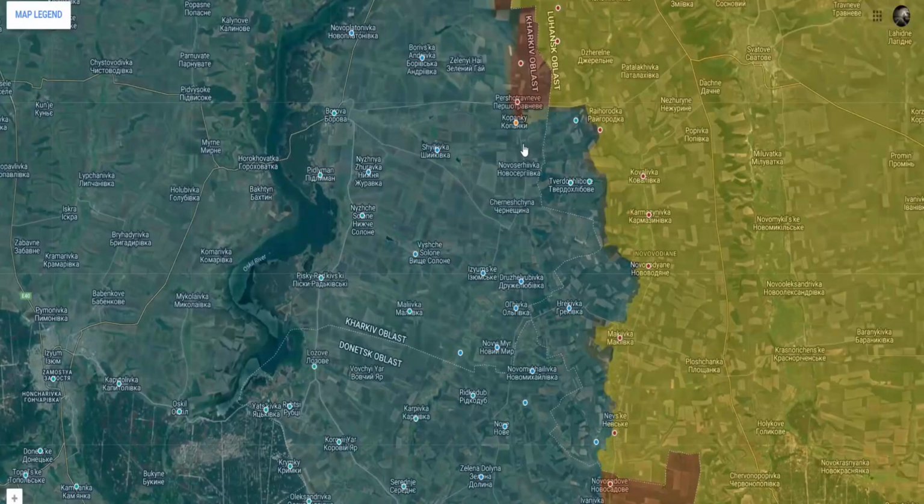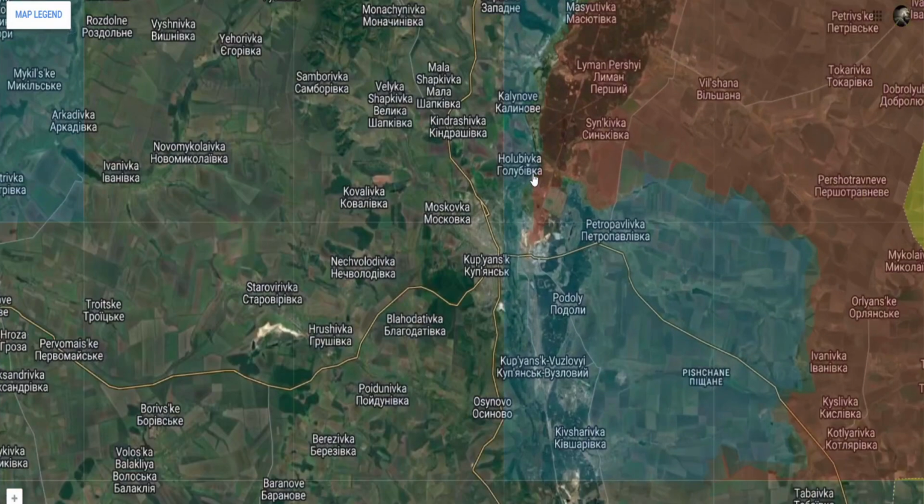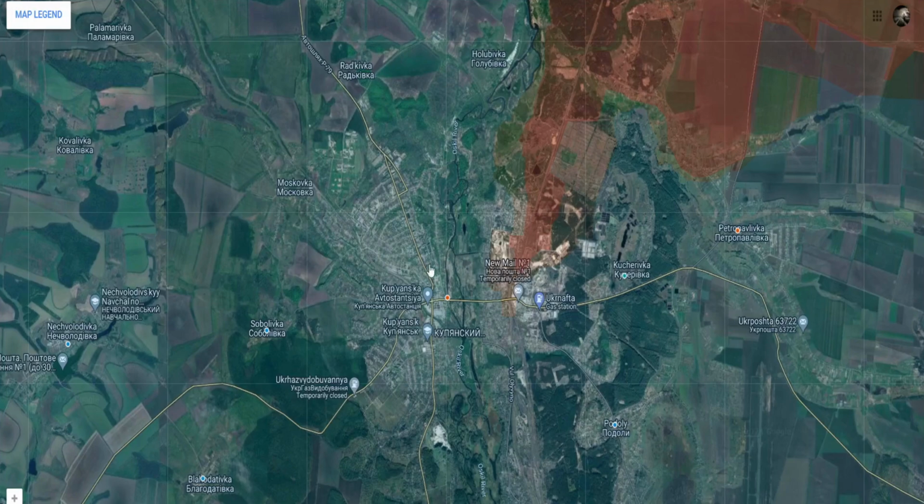However, where there's been a huge amount of updates is in the Kupyansk direction, and this week the Russians are now finally battling for the city of Kupyansk. This was very interesting for me. Honestly, I thought they would not attack Kupyansk directly. I thought they would